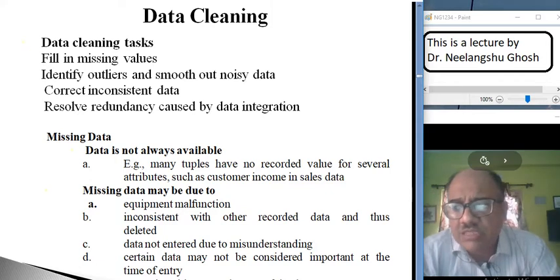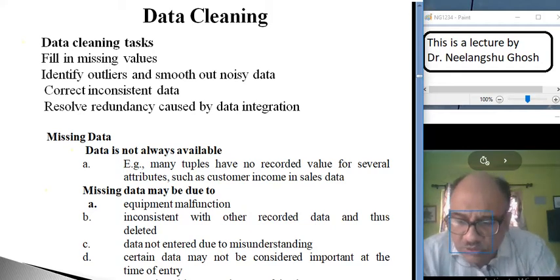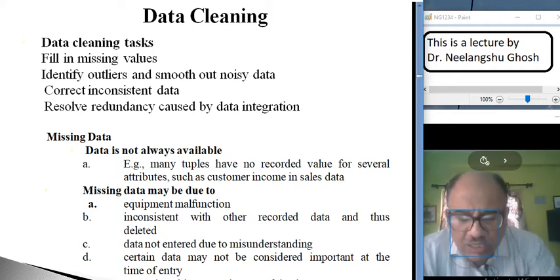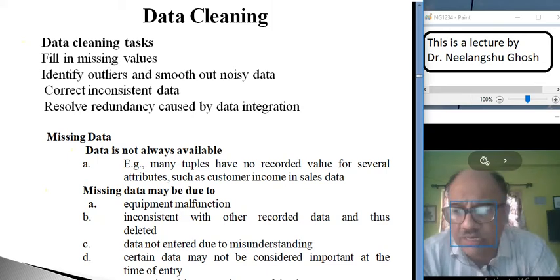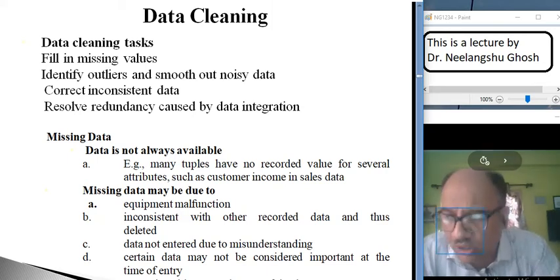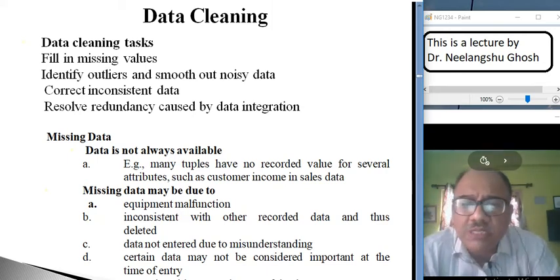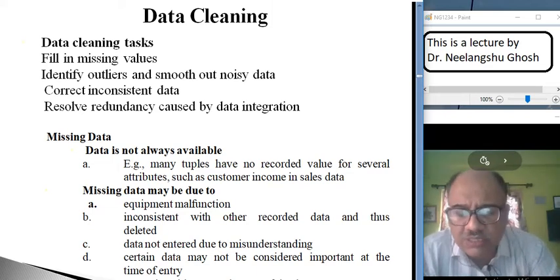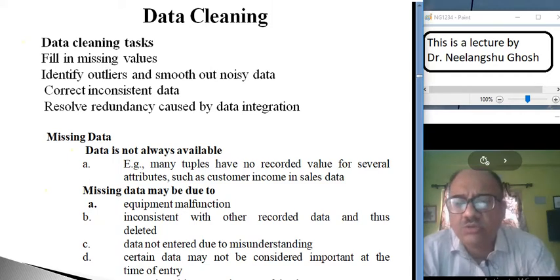But if some value comes like 97 inches, that is almost impossible. It is almost impossible that a person is more than 7 feet tall. So that means some discrepancy has arisen while entering the data. So you have to delete those kinds of data.